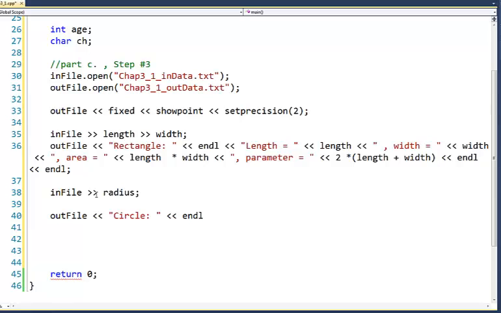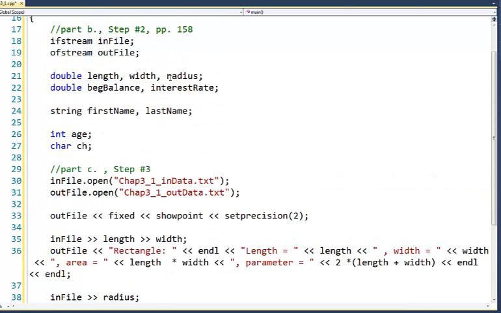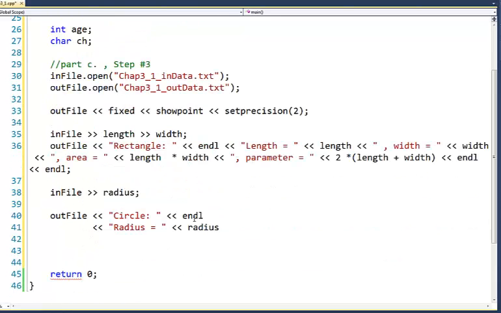You're going to tell me that this is radius is equal to, okay, so drop down to the next line is the radius here. Radius goes here. This radius is this radius right here, this variable right here. So that's what's going to be output from what you read in from your data file with this, and you're going to tell it